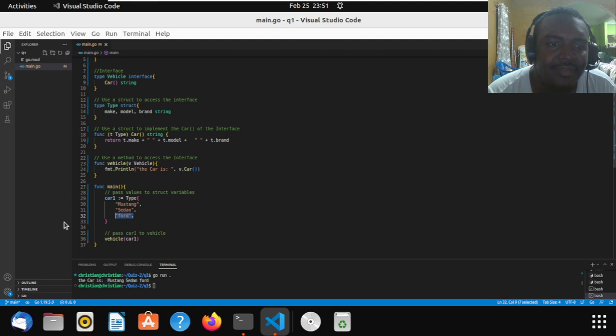And then we're going to pass in the car that we created to the vehicle function, the method that will be used to access that. So we call the function vehicle. I'm going to pass it car1, which is a variable inside the main, since the interface asks for it. And then if we run that,